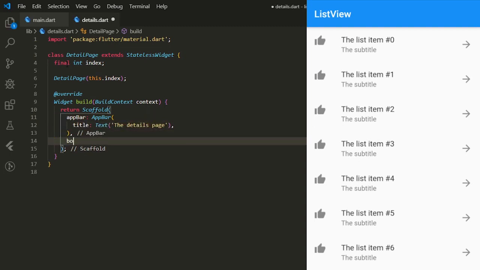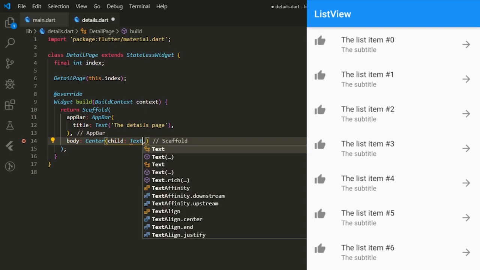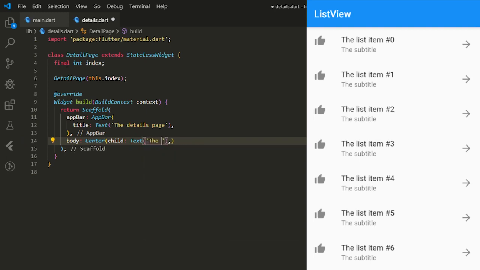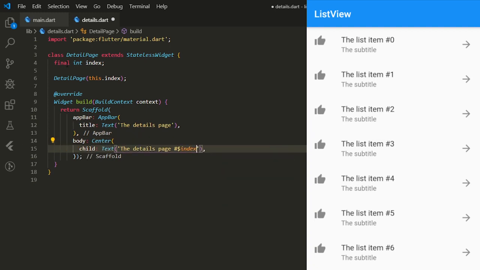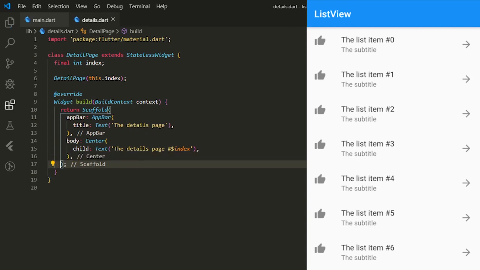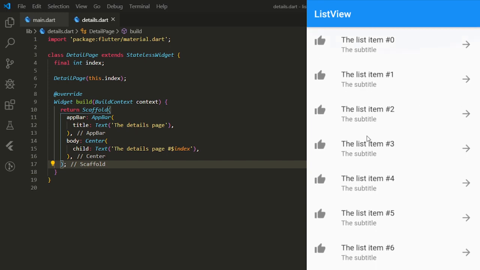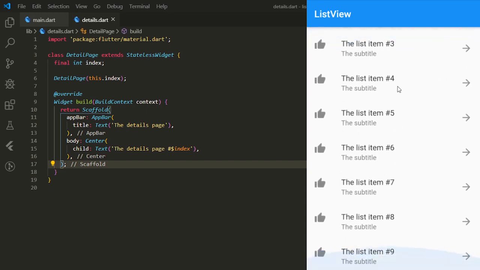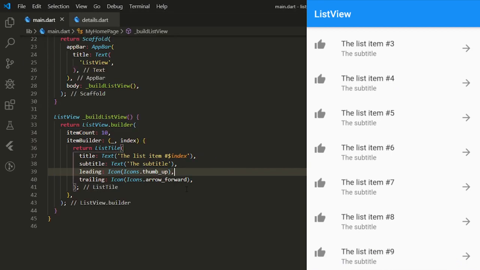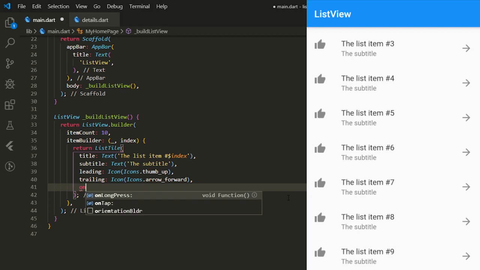Yes, let's save that. And inside the body we're going to have, let's say, a Center widget, the child, and it's going to have Text, the details page, number, index. Yes, it's amazing UI. So at the moment we can't do anything, we can only scroll, and if we click, nothing is going to happen. But if we go to our main.dart file and on our ListTile give it onTap